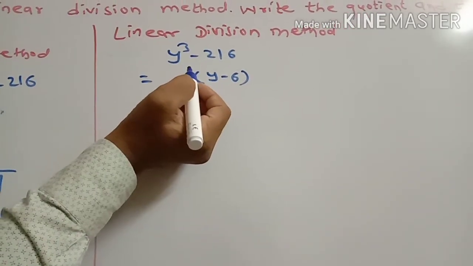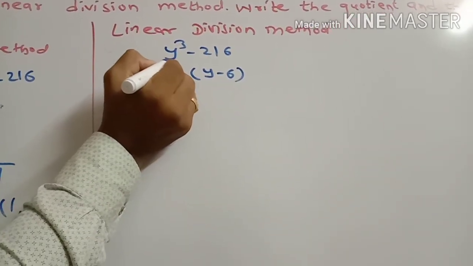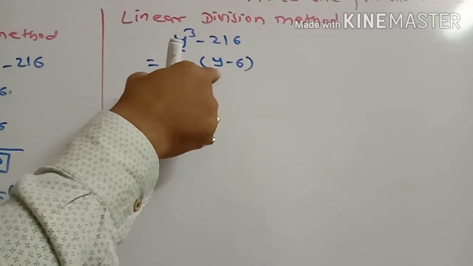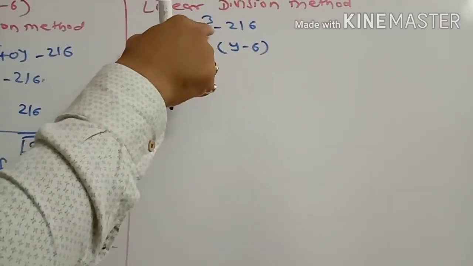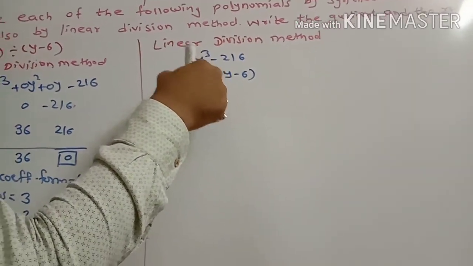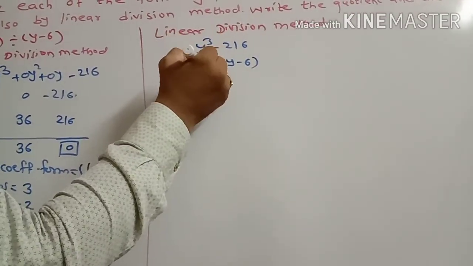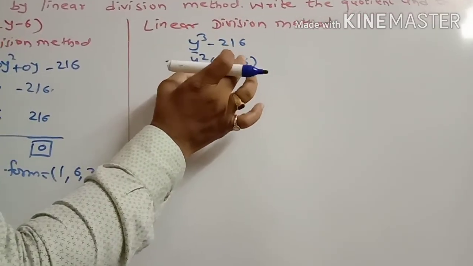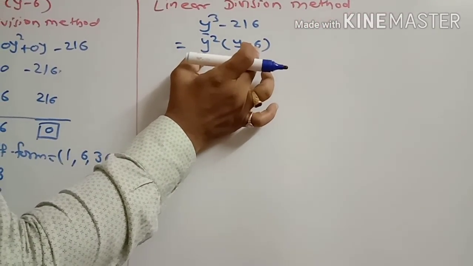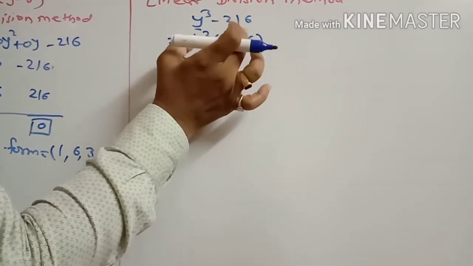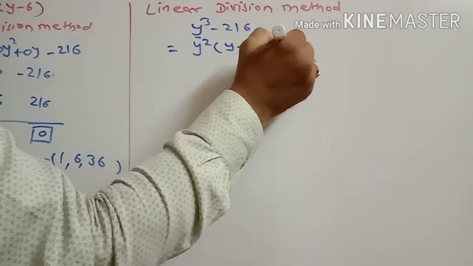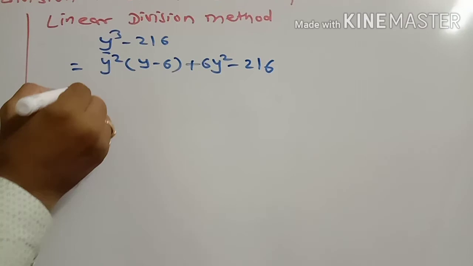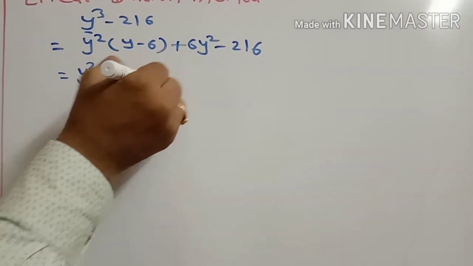Now before this y minus 6 bracket, I write the remaining term of the first term of the given dividend. From this y cube we write y in the bracket, therefore from this y cube we write y, and y square is remaining. Then y square into y is y cube. Then minus 6 into y square is minus 6y square. And then write the opposite of this minus 6y square, that means write plus 6y square. Write the next term of the given dividend. Then y square into the bracket y minus 6.